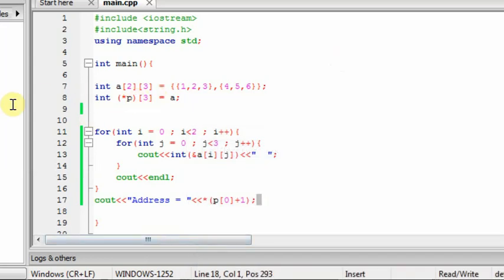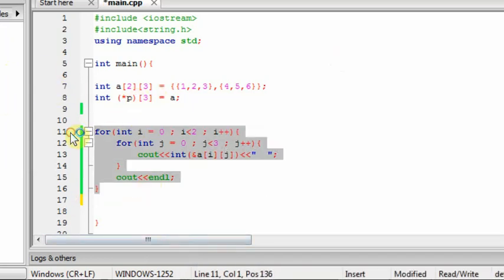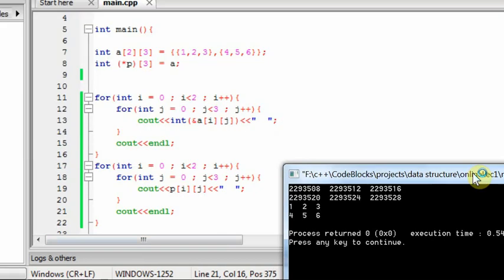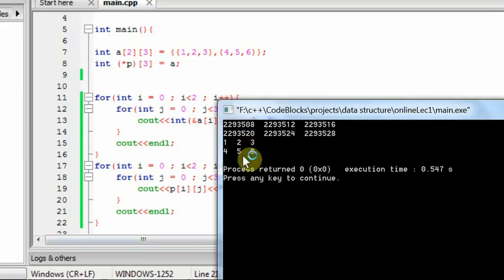So now let's print the whole array. Just like a normal array, we can also access the pointer. So look at the output. It is giving us the whole two-dimensional array.